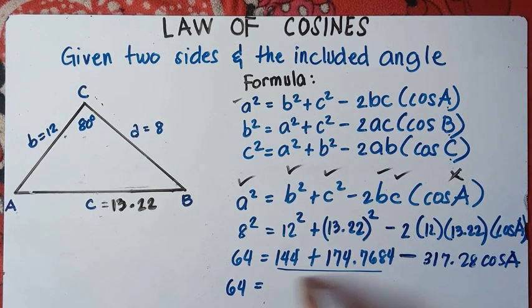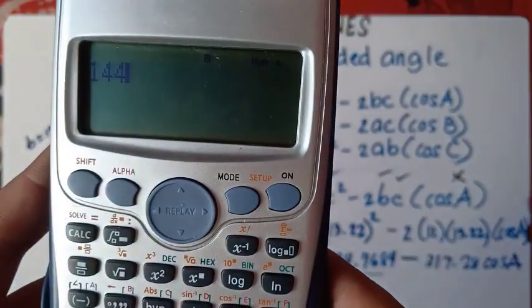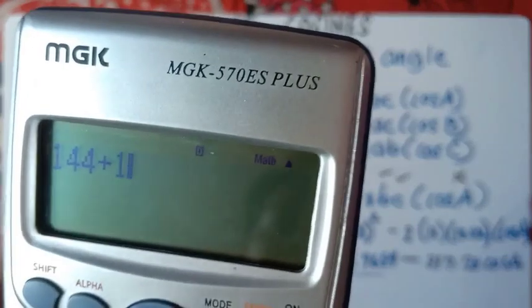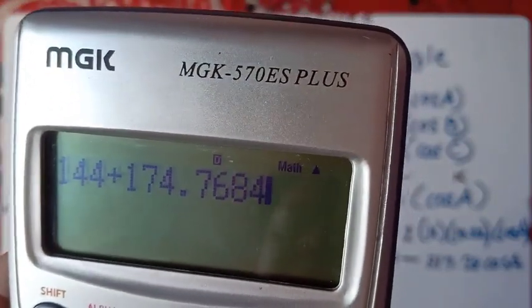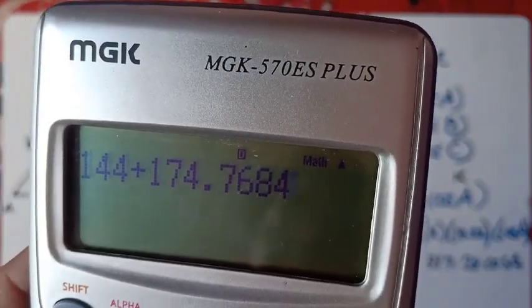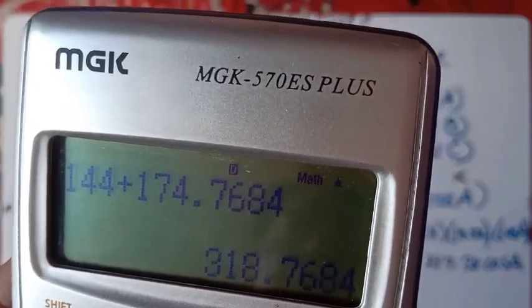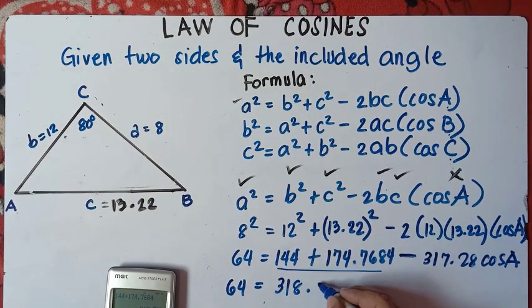Let me just answer this one first. So 144 plus, let me add this one, 144 plus 174.7684 equals 318.7684. Okay, minus